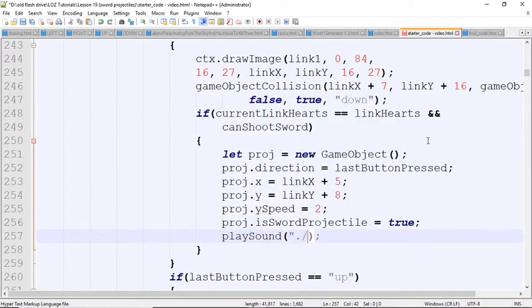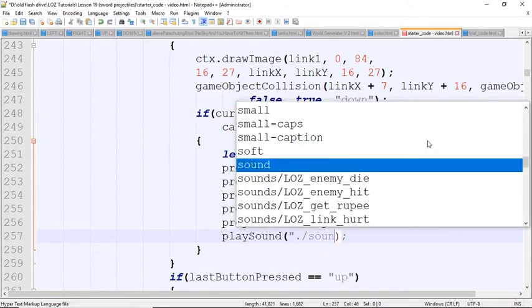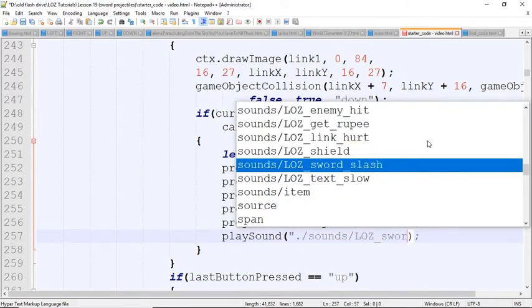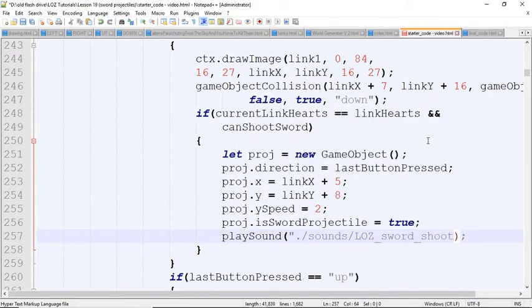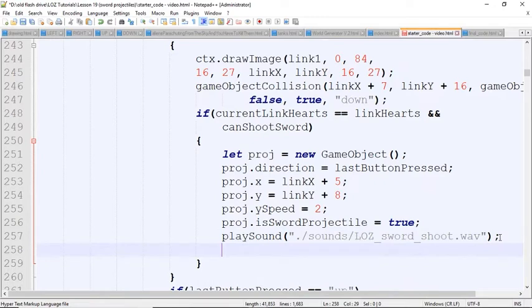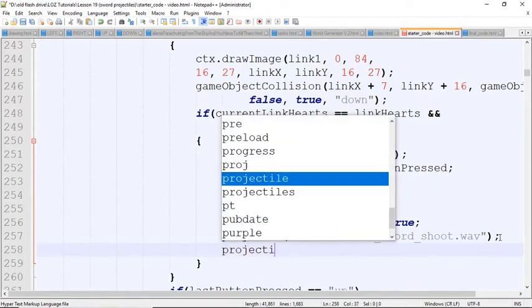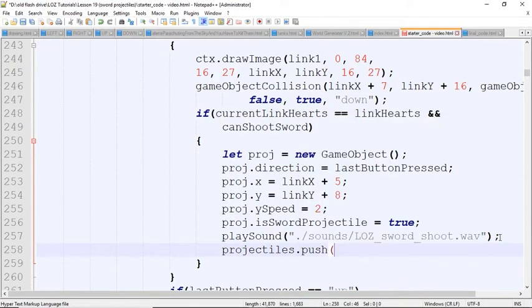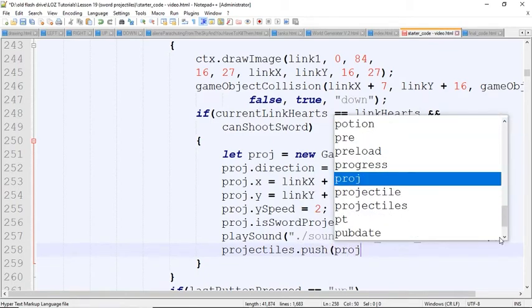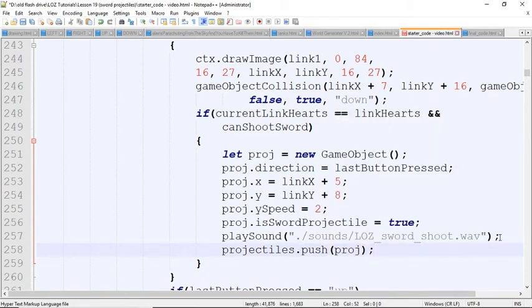The location is in our sounds folder, and it's titled LOZ sword shoot dot wave. Okay. And then we're just going to push this to our projectiles array. Then we're going to say projectiles dot push, and then we're just going to push this object, which is our proj. And then we're just going to say can shoot sword